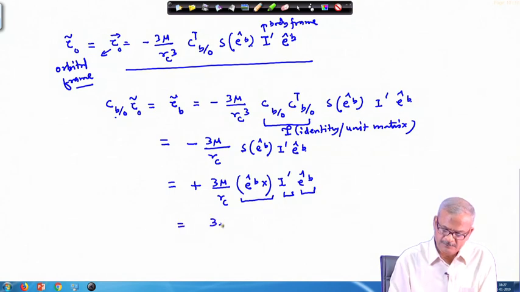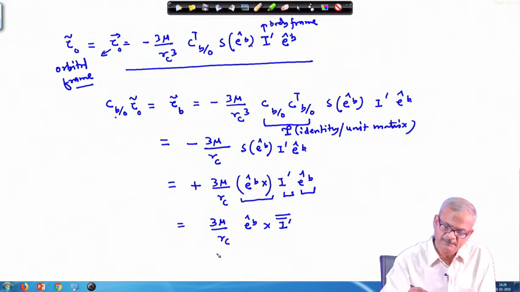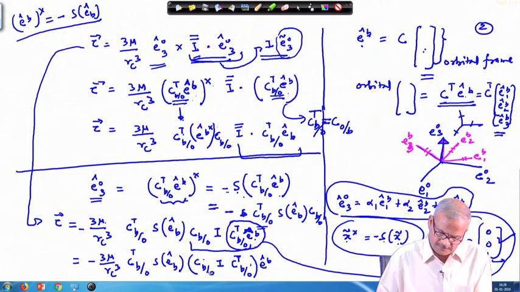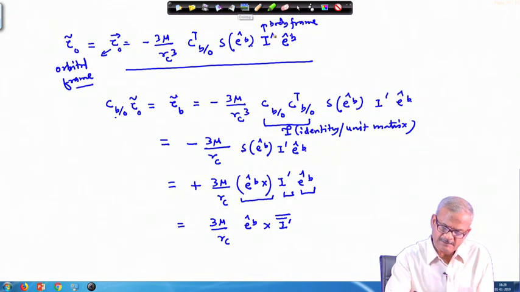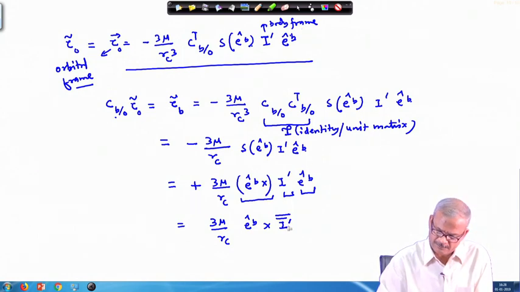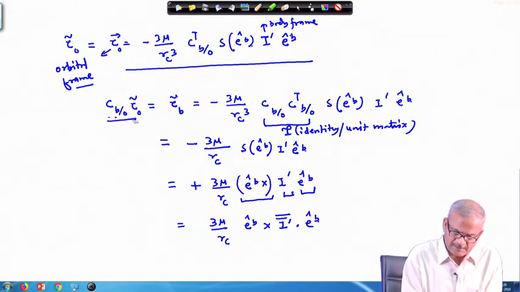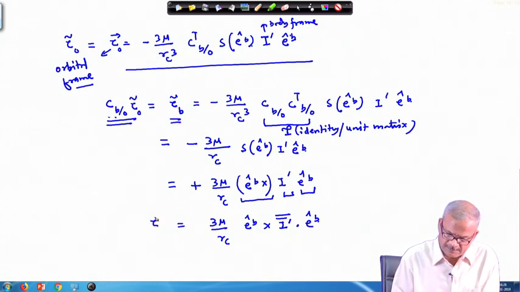If you are looking to write this in terms of the inertia dyadic, write it like this, I, and prime I will put here, prime for we have used B. Let me check here what notation we have put. Here I have not put anything. So, this I prime is in the body frame. So, I will continue with I prime. So, this is I prime. So, E cap I prime dot, now we have written in terms of inertia dyadic, and this part gets converted into tau b. So, here we write tau b.